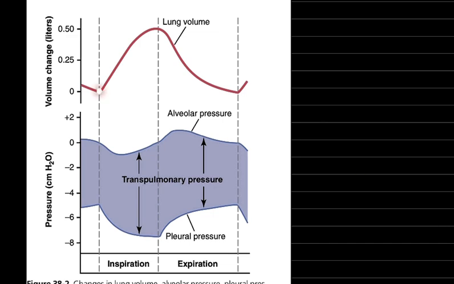We can see that the lung volume increases with the inspiration, gets maximum at the end of inspiration or start of expiration, and then starts decreasing. Okay. Talking about this volume change, and why is this graph in this way? The reason is based on the compliance that I have already mentioned in the graph